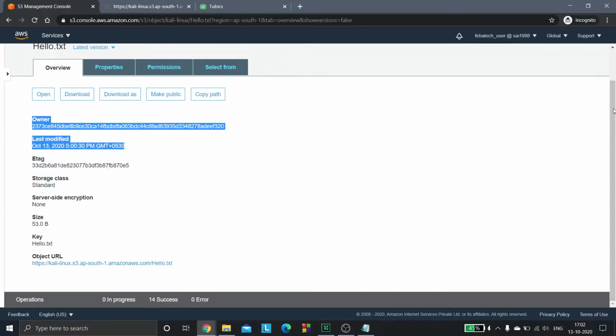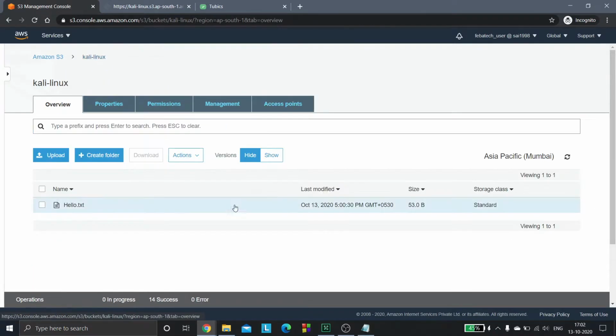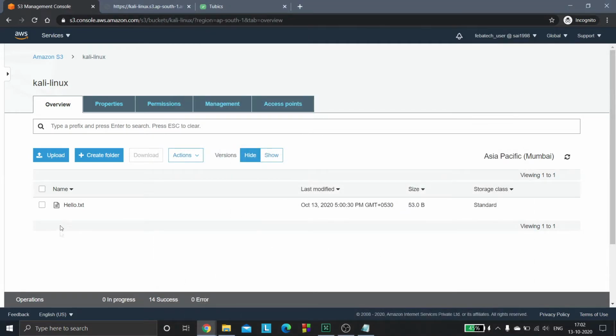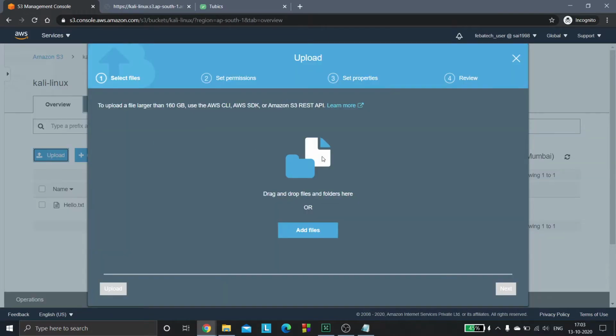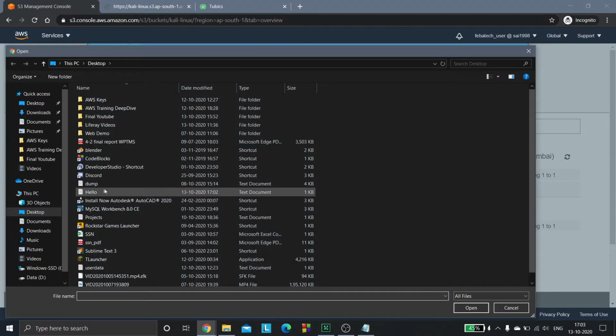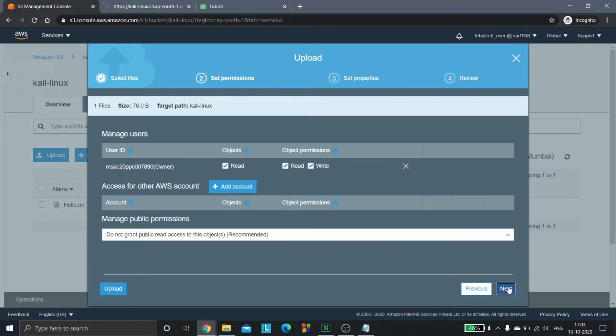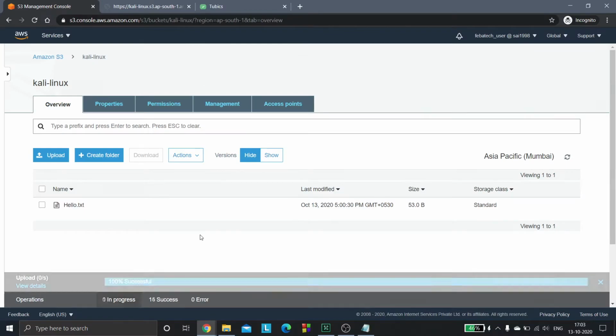I'll go back and make a bit of change again. I'll write bye at the end and save it. I'll upload the same hello.txt file but with a bit of change. So add files, hello, open, next, upload.